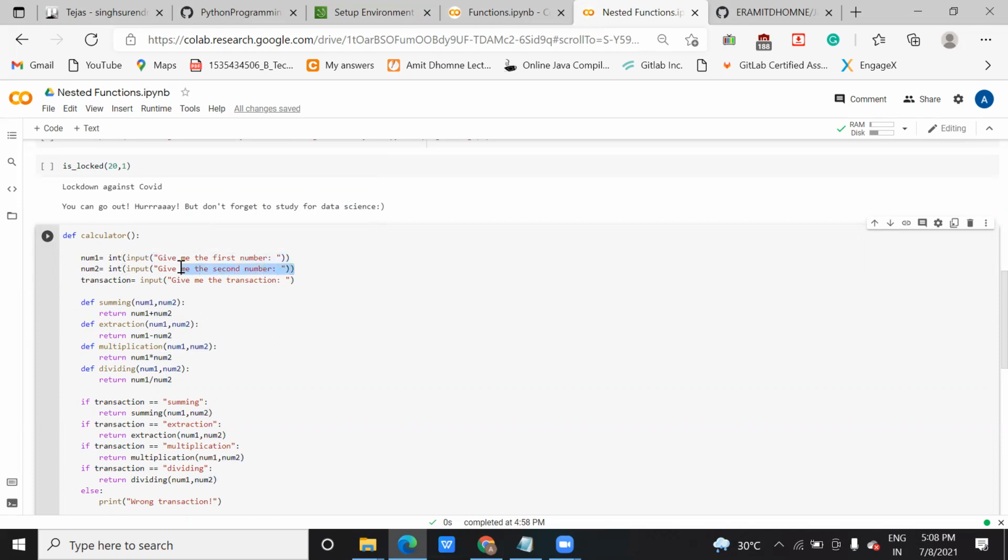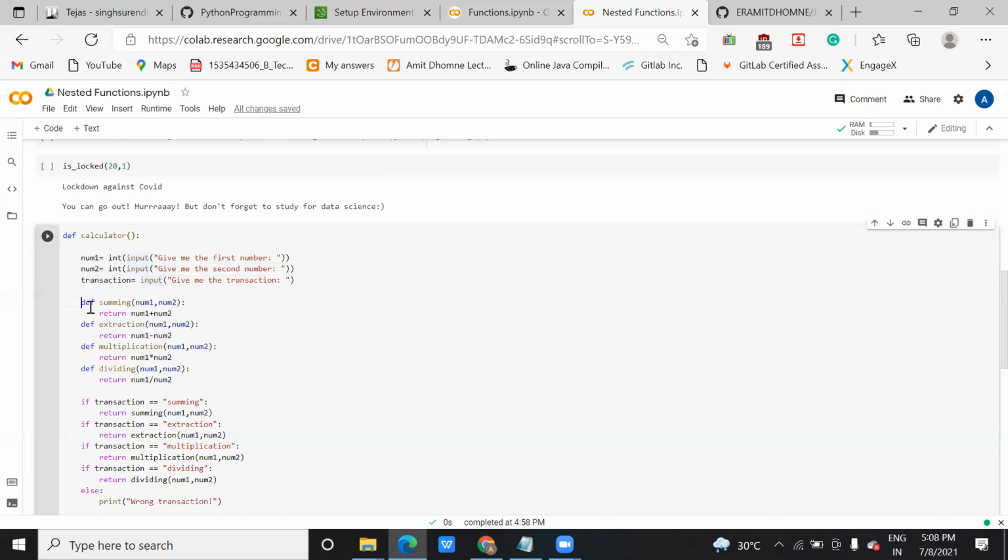They will accept an integer value from the user, and here also an integer value. So the syntax is int, input, give me the first number. Both you are taking as integer type. And the third one is transaction input, give me the transaction. As you have not defined integer, it will be of another type, maybe a string or some value you will accept here.